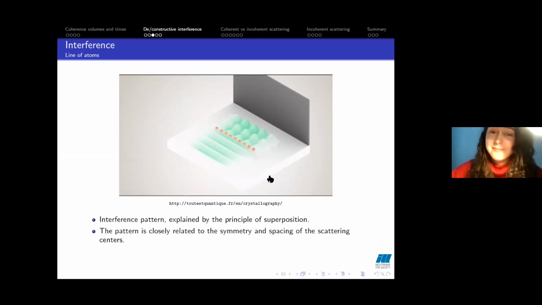Well, anyway, this picture shows a little bit what I meant to say. The distances between the atoms in the line of atoms have a result on the kind of pattern that we would get. So the point that I want to get across is that the symmetries and the distances between the atoms in the real world would affect the kind of pattern that we'll have at the end. And this is exactly what we do in experiments, right? We analyze the detected